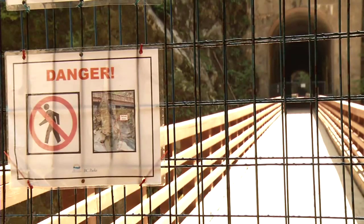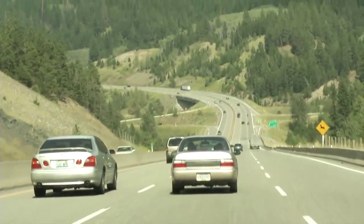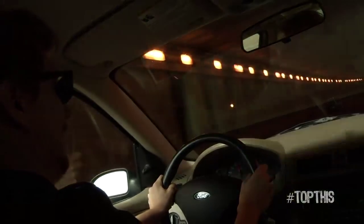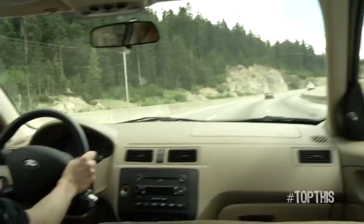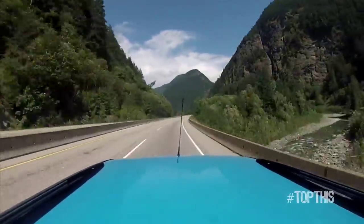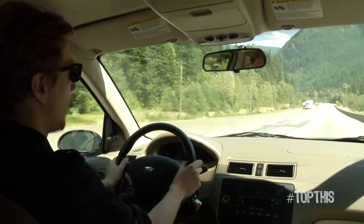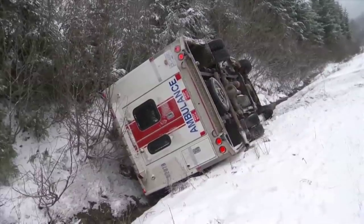That sounds like the sort of thing that happens on a road that I know of. The Coquihalla Highway, which is known for being mainly terrifying. I'm flooring you, by the way. Just to let you know. Come on! During the summer, it's known as Canada's Autobahn, and during the winter, it's the highway through hell because, well, when it snows,